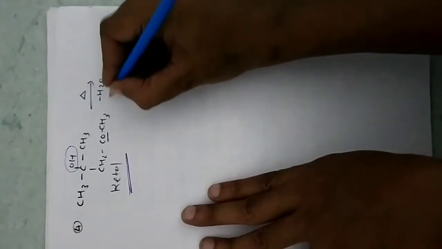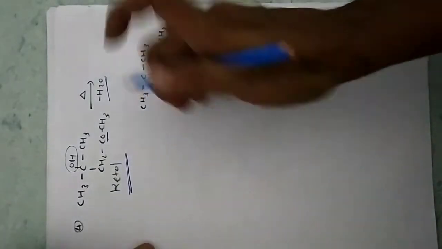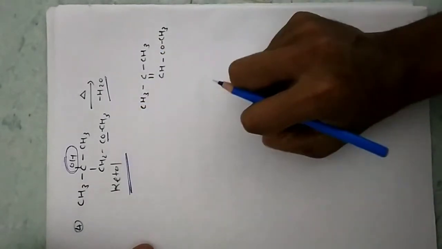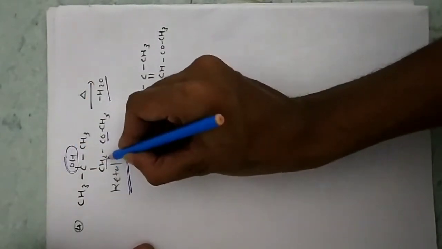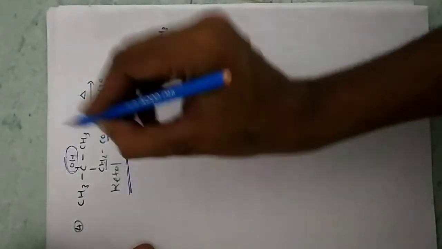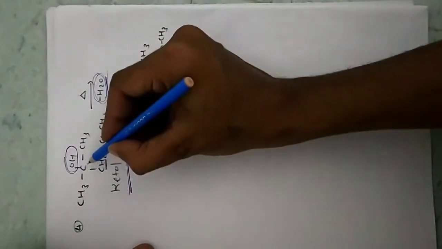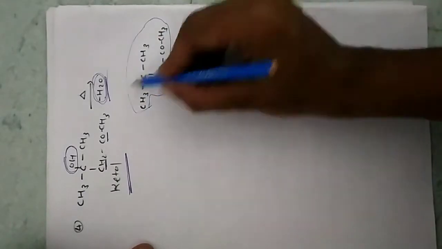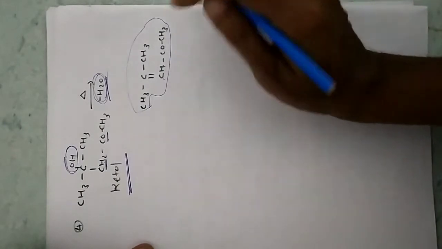When we heat it, H2O removes here. Now where does this H2O come from? You can see this one is an OH, hydrogen from the adjacent carbon and inner one. So you can see OH and this one is the adjacent carbon and it is the inner one. So OH and hydrogen from this carbon, they both will remove here, forming H2O. Make a double bond between them. So you can see this one is our product. You can see OH is removed now. Instead of CH2 I have written CH only.